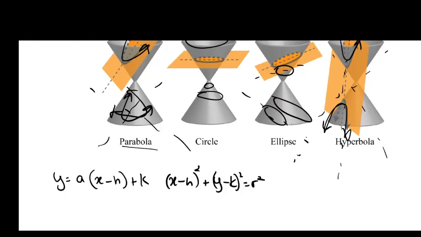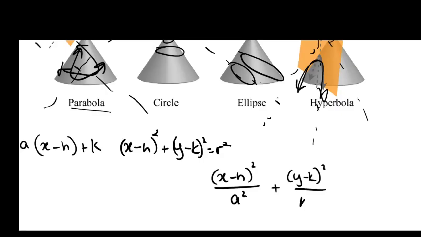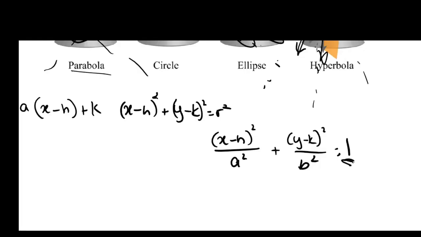Ellipse is just like an oval shape, it's an elongated circle. So we have the equation very similar. It will be x minus h squared over a squared plus y minus k squared over b squared equals 1. It always has to equal 1, and the a and b squared will help us find the vertices of that ellipse. Now a and b can be interchangeable. A just refers to the bigger number, and that will tell us whether the ellipse is more vertically elongated or